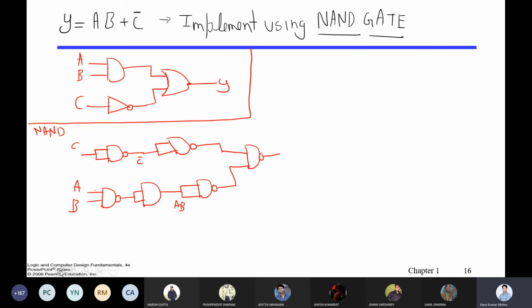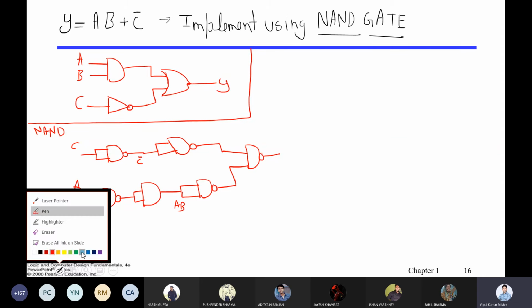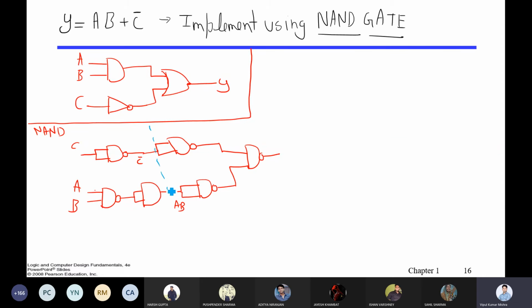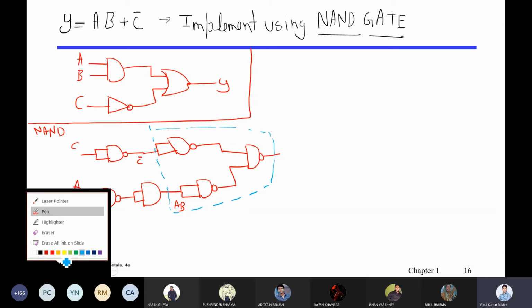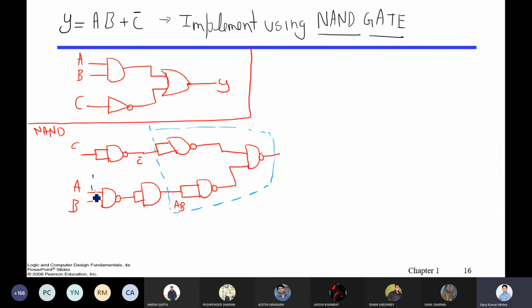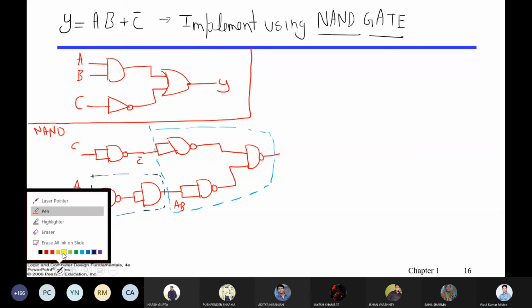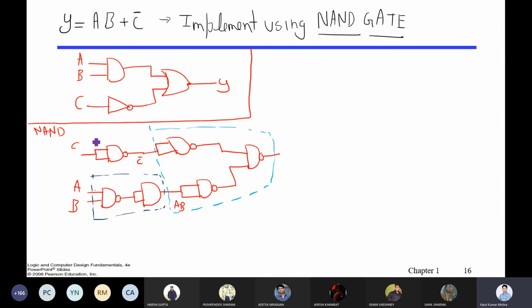So let me make this colorful so that it will be very clear. This part is representing OR, right? Then let me take another color. This part is representing the AND. And this part is representing the NOT.